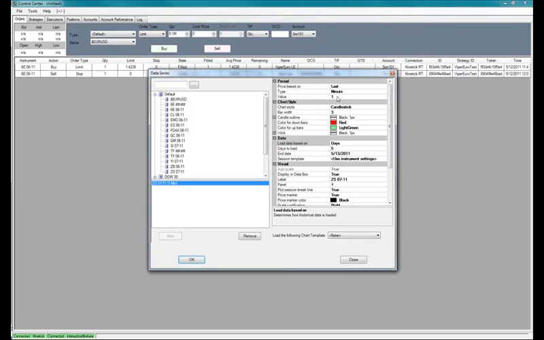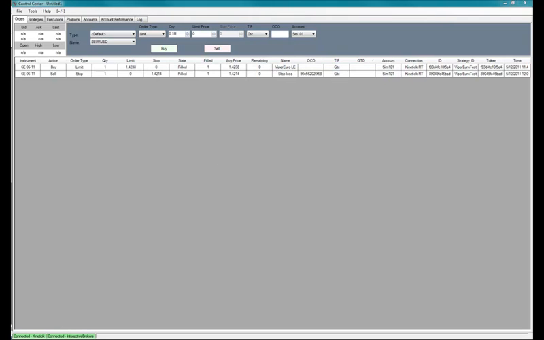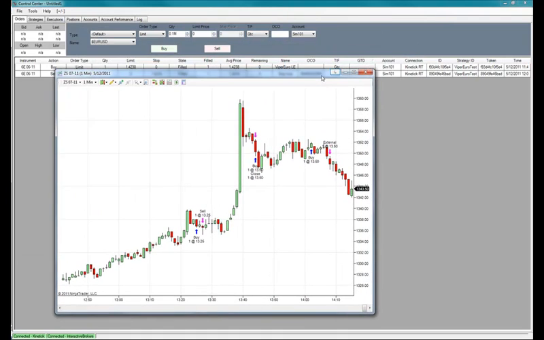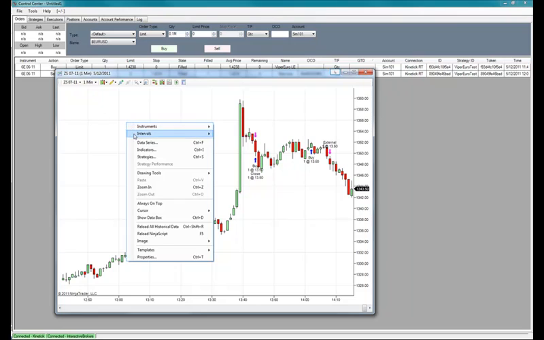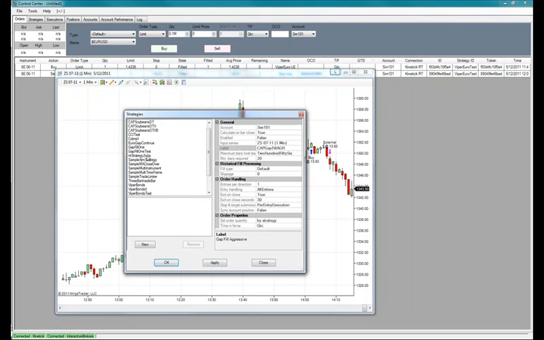You want to go with a 1 minute chart, and you want to use the custom range. Let's go back at least 3 months. So we want to say February 8th of 2011. That's fine, and click OK. And then my chart pulled up into my other window, and then you want to go to Strategies,